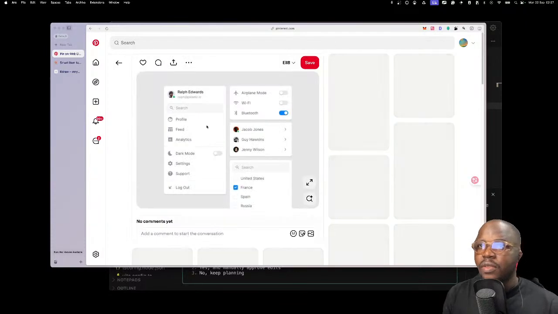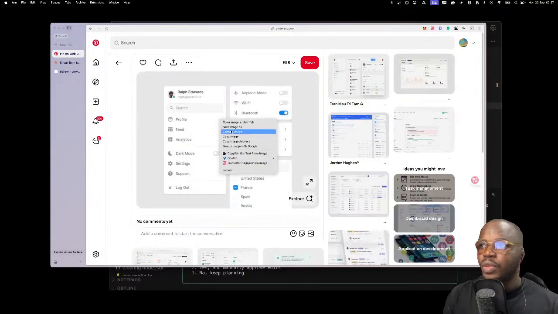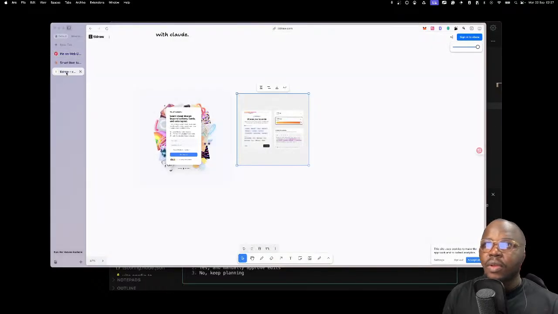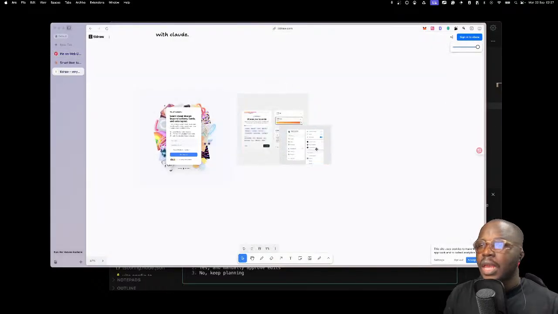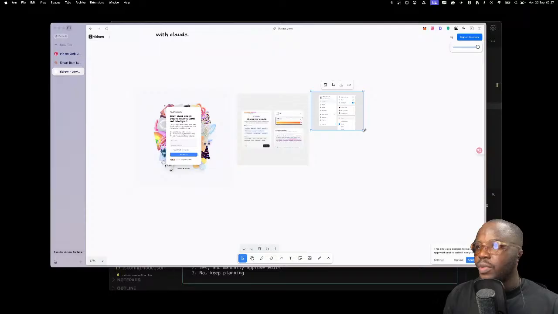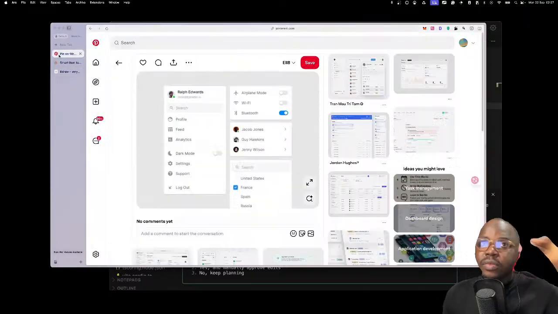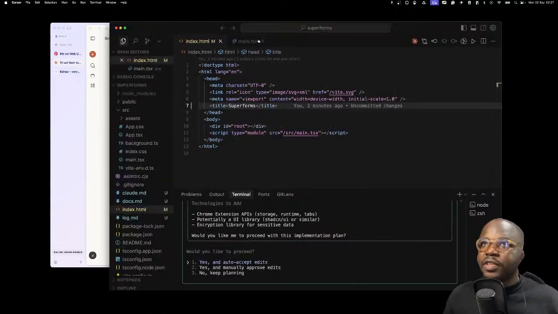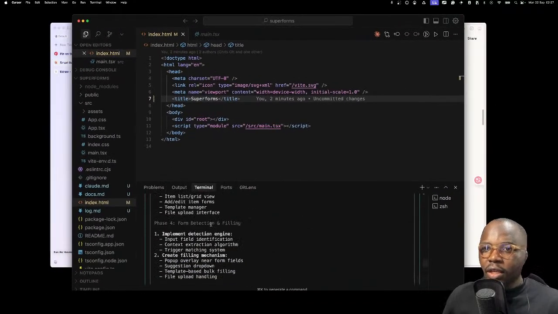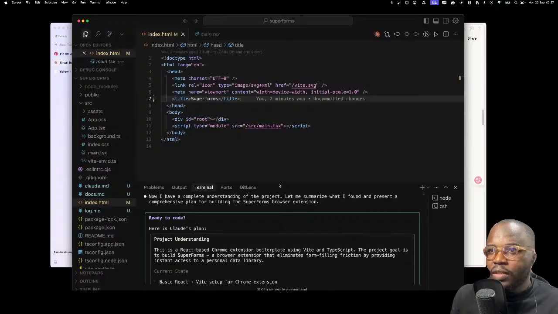Okay, there's this too. Okay, I think we can work with this. This looks good. I'm gonna copy this. I'm going to paste this right here. I'm going to paste this one right here. So by now our stuff should have ingested everything. Boom, we're good. Alright, let's look through what it's saying.